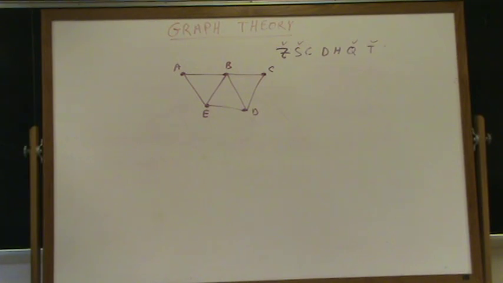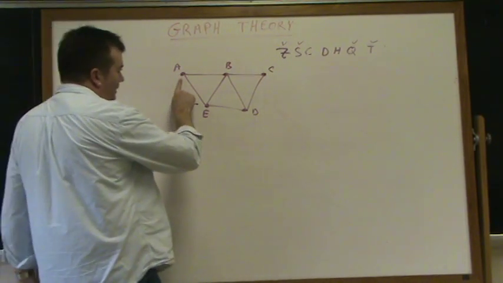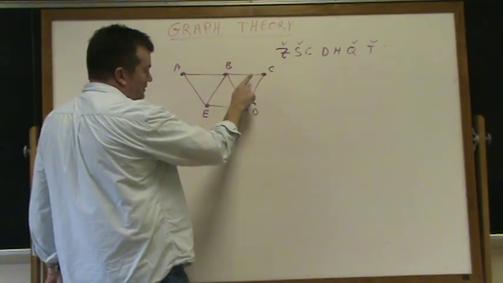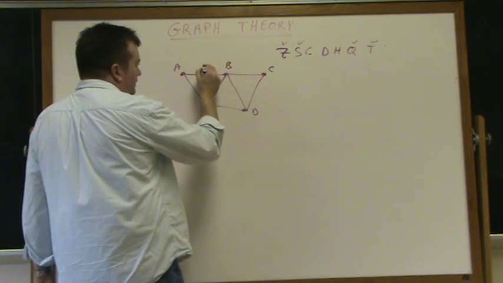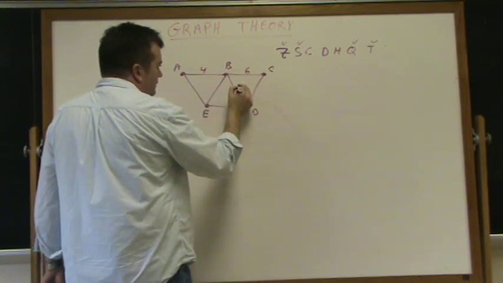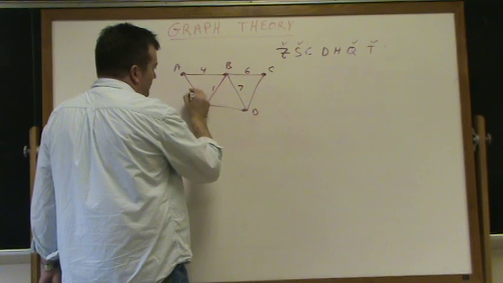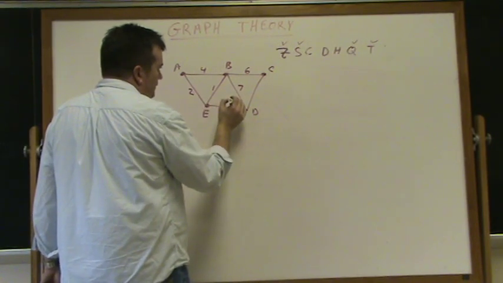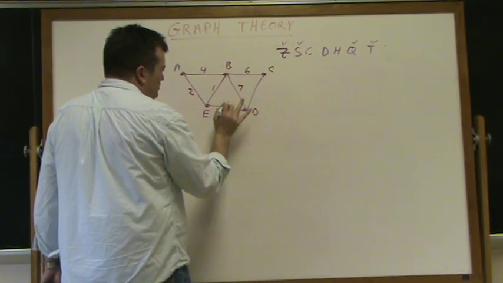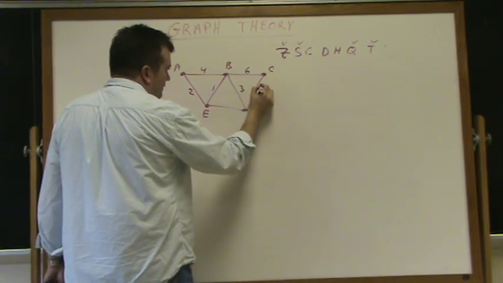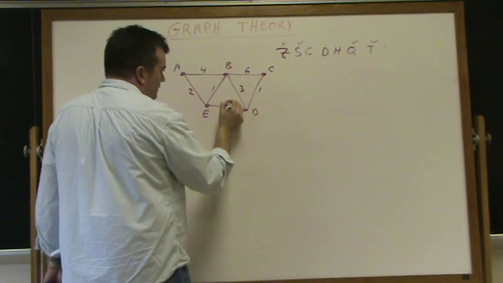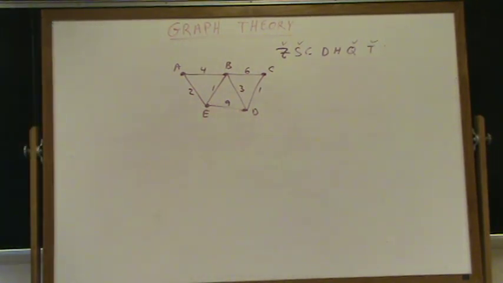Up till now, they've had an implied value of 1, right? If we said that the shortest path from A to C was of size 2, we're assuming this edge counts as 1 and this edge counts as 1. But if we started assigning values to the edges,